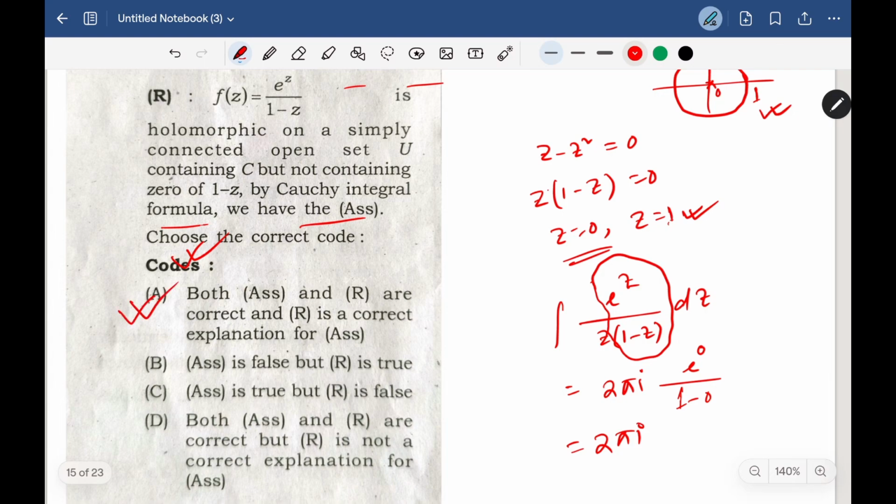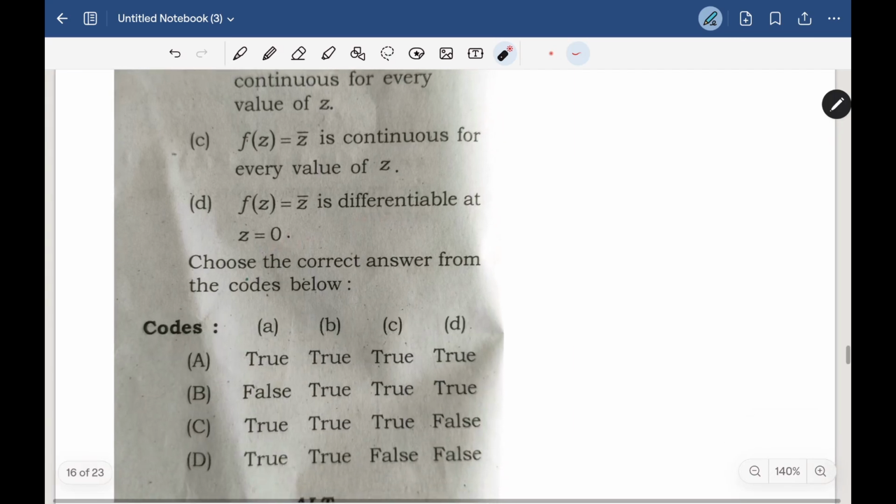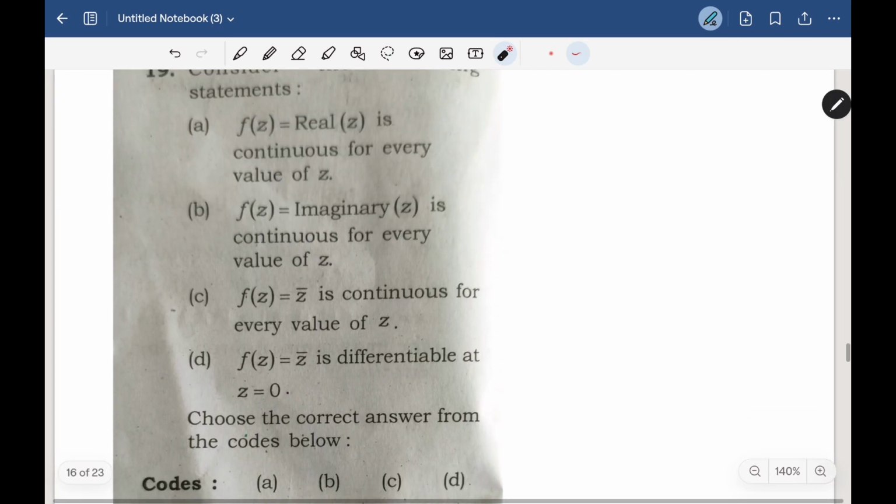The next question is: consider the following statements. A: f(z) equals the real part of z is continuous for every value of z. B: f(z) equals the imaginary part of z is continuous for every value of z. C: f(z) equals z bar is continuous for every value of z. And D: f(z) equals z bar is differentiable at z equals 0. Now we have to choose the correct answer from the code below. So let's see